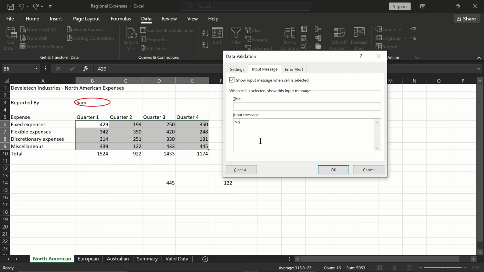445 and not less than 122. Alright, then the error alert, this time I want to say stop. I want it to stop me. So stop. I don't have to customize an error, so let me just write anything actually, right? I did this one already, so if I say okay, now I'm applying this data validation to these cells. So if I say okay,